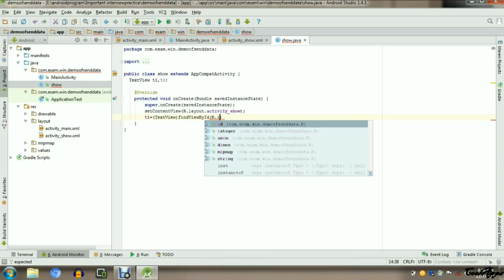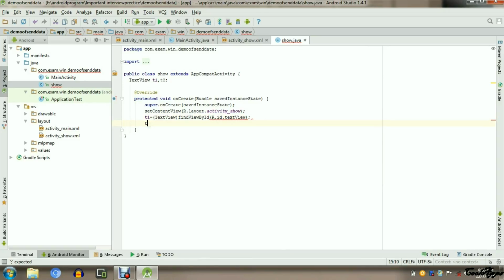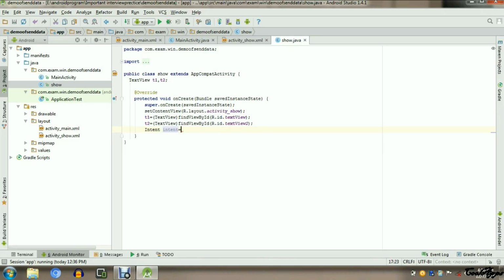R.id dot TextView1, and now t2, again findViewById R.id dot TextView2. That's it. Now we have to get that intent using the getIntent method. Intent equal to getIntent. Now just